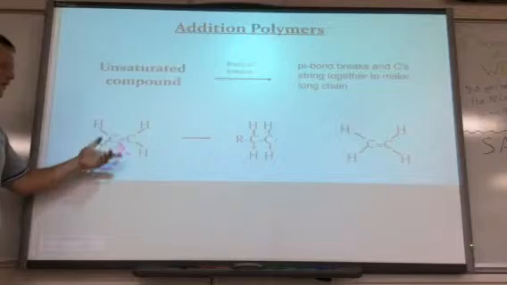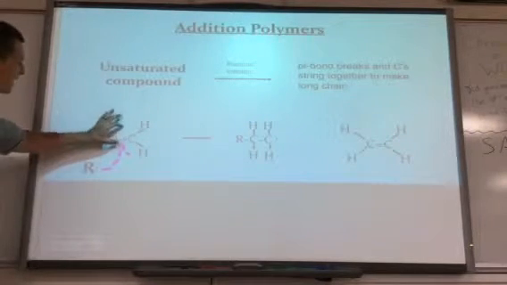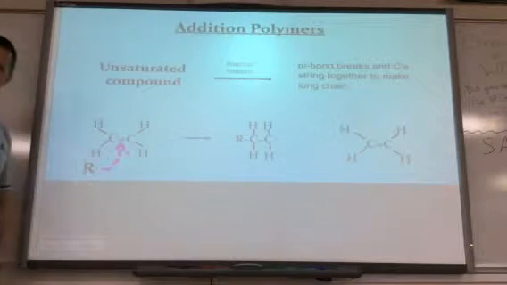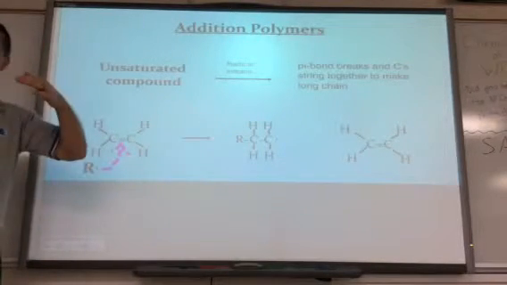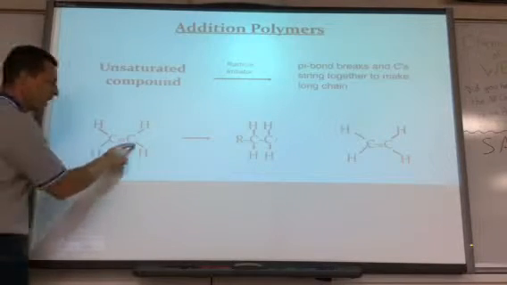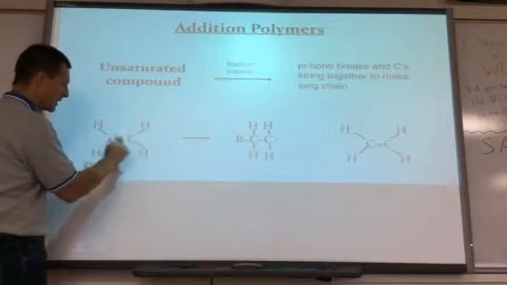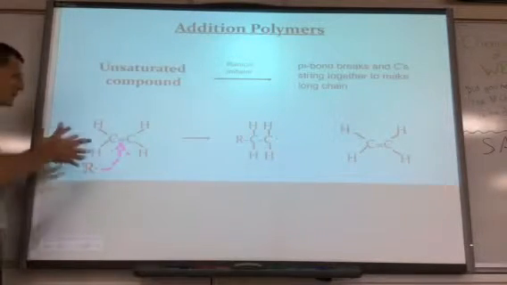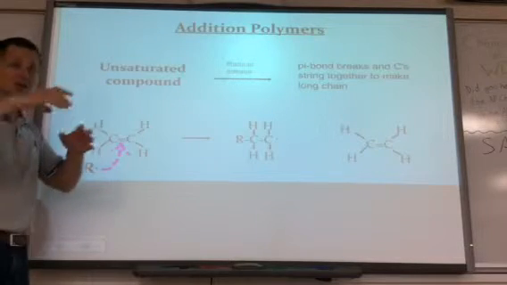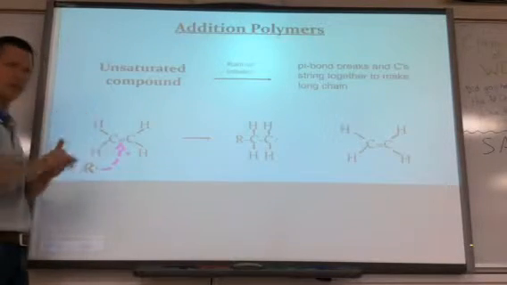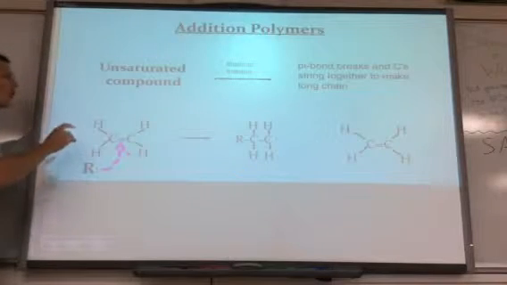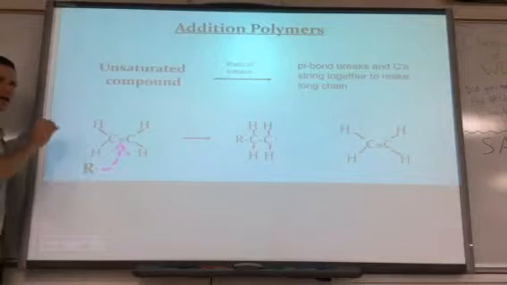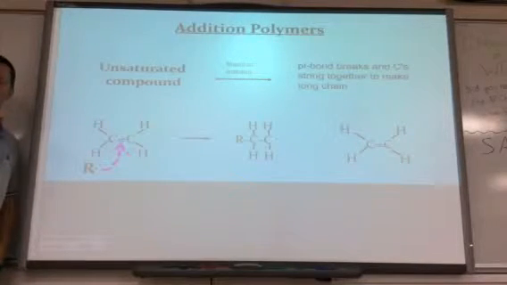You know that in a double bond, there's one sigma and one pi bond. The pi means that the electrons are above and below, not in between. Those electrons that are being shared in a pi bond are vulnerable. They're kind of out there, and they're not really protected. The sigma bond, right in between the two carbons, the carbon and the hydrogen, those are kind of protected. And it draws those atoms close together. So it's hard to kind of get at them. But the pi bond is not hard to get at because they're not in the same plane as the rest of the molecule. So what we do to start this reaction is we'll take a substance that can make an